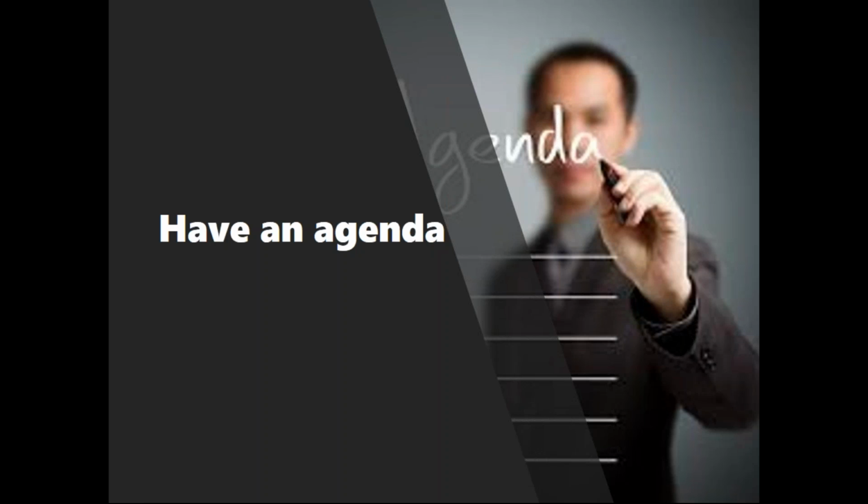And then, of course, the second thing is try to stick to that time frame so that you aren't bogged down in a particular agenda item and never get around to resolving everything. So that becomes critically important. So have an agenda. It doesn't take long to put that together, and it'll make all the difference in the world of keeping you on track.